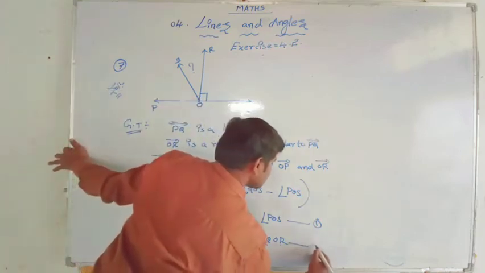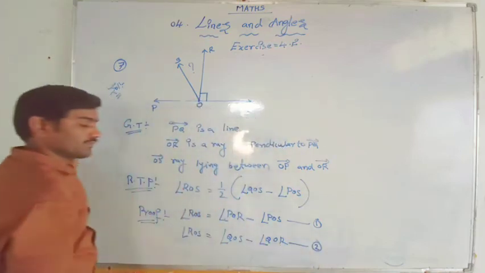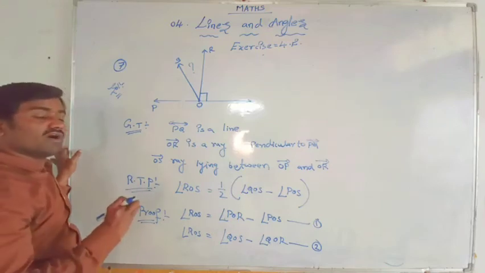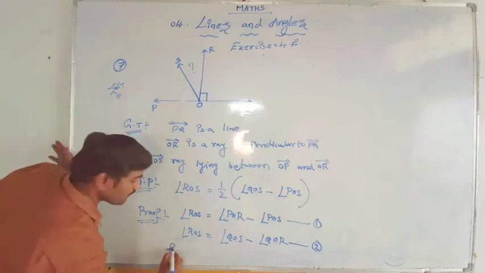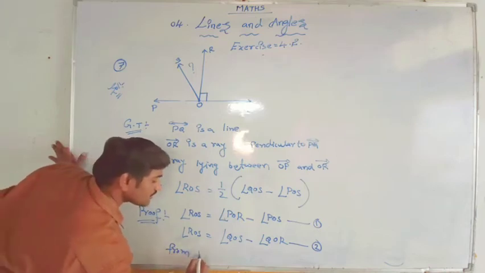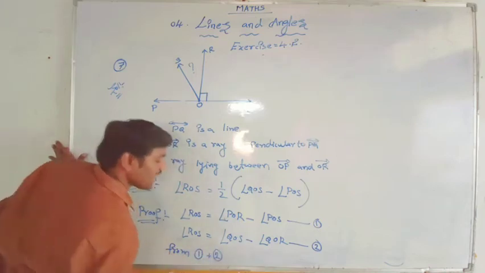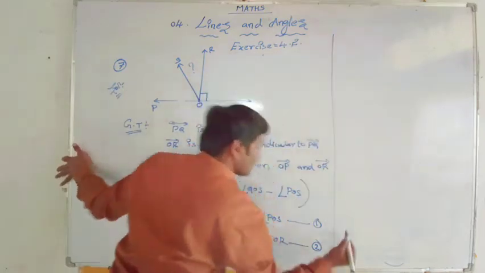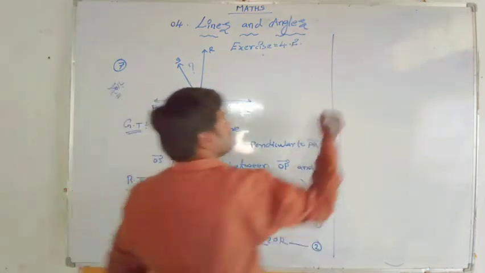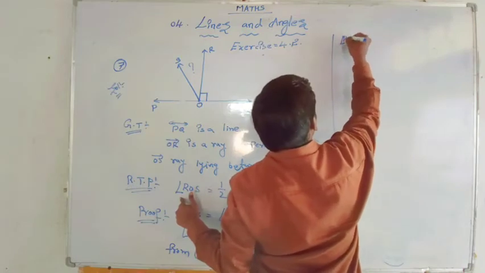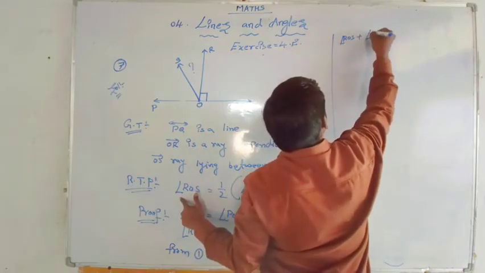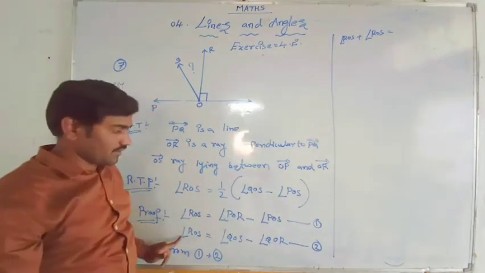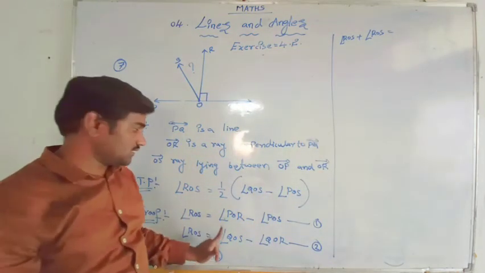Then here this is equation number 2. Okay, from equation number 1 and 2, from equation number 1 plus 2, by adding both equations, what will we get? See here, ROS plus ROS, LHS side we are adding, RHS sides also will add,